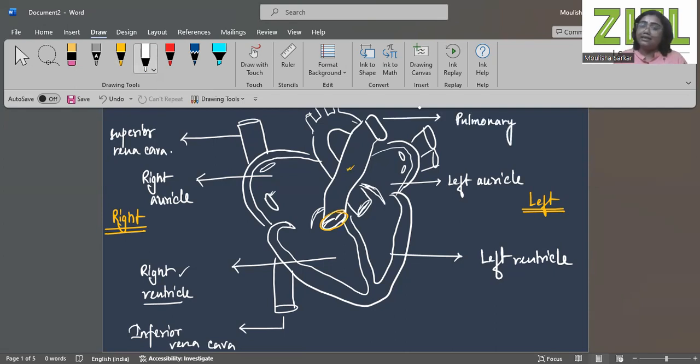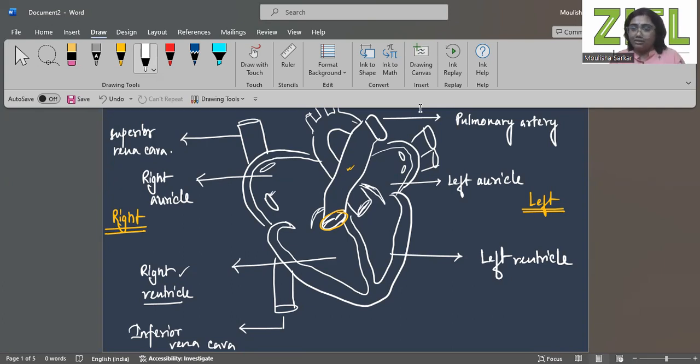Okay, this is the pulmonary artery. I'll tell you the function later. First, let's identify the parts. So the vessel which is connected with the right ventricle is the pulmonary artery. And where is this artery going? This artery from the heart is going to the lungs. So the pulmonary artery is the artery that is connected with the right ventricle of the heart and it is